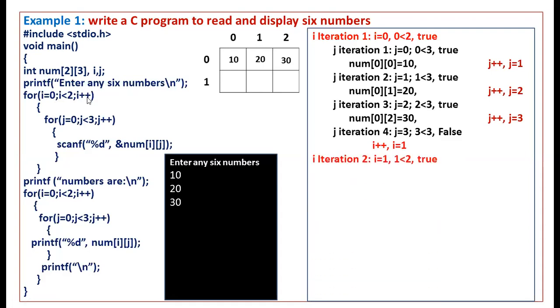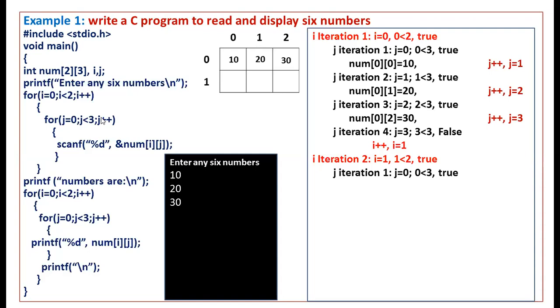Okay. So next I iteration, I will be compared with 2. I value is 1. 1 less than 2. It is true. If it is true, again control will go inside the I for loop. Inside the I for loop, we can find the j for loop. Again this j for loop will execute like the previous one, but here I value is 1. In the previous case I value was 0. Now I value is 1 and the j for loop will start to execute.